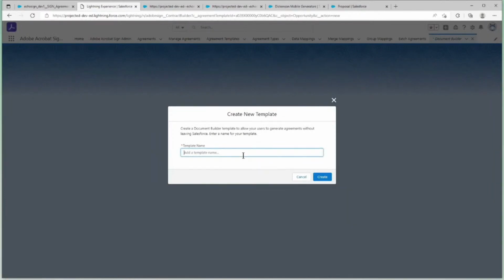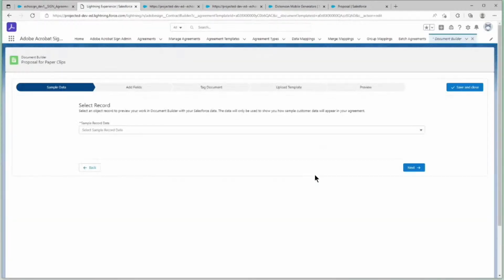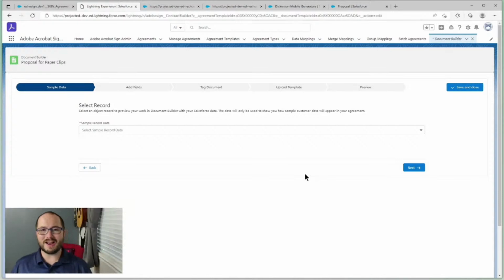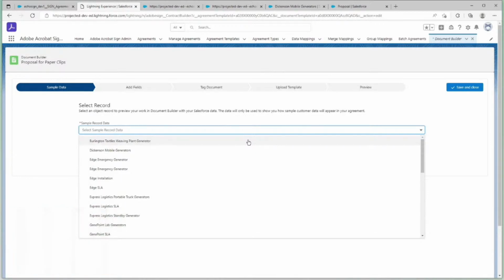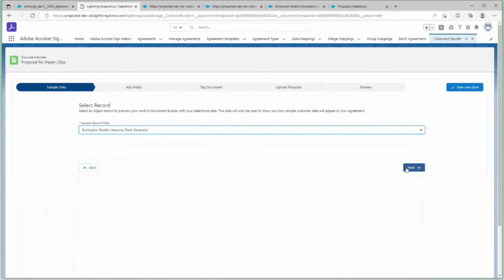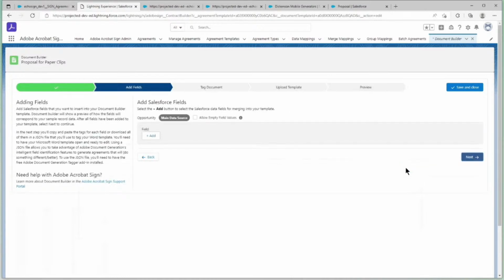And it's going to ask me to give a name. So I'm going to say proposal for paper clips and say create. And the first thing that's going to ask me, because this is helpful, particularly when you are merging and creating a template, you want to have some sample data to use. So it asks you to use one of your records for sample data so you can see what it's going to generate. So if I choose, say, Burlington Textiles, I can click on Next, and it's then going to